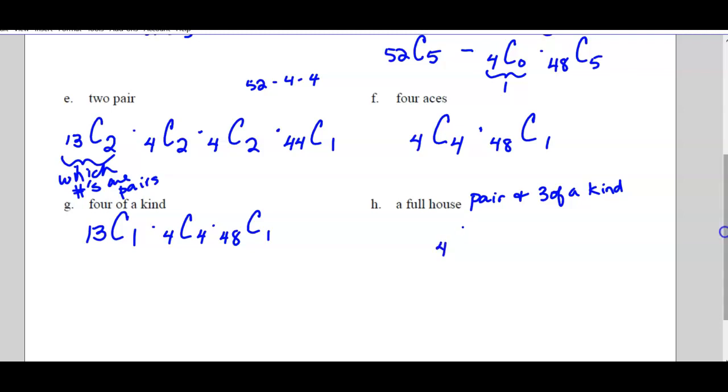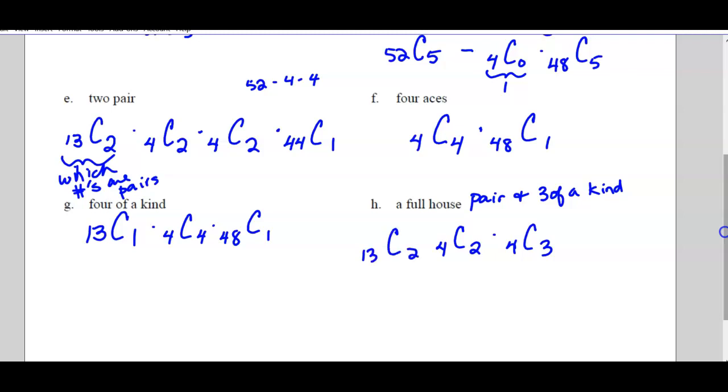So a pair, that's 4 choose 2, right? For whatever number it is. 3 of a kind would be 4 choose 3, for whatever number. Do we need any more cards than that? That fills up your hand. Now, is there a difference if I did